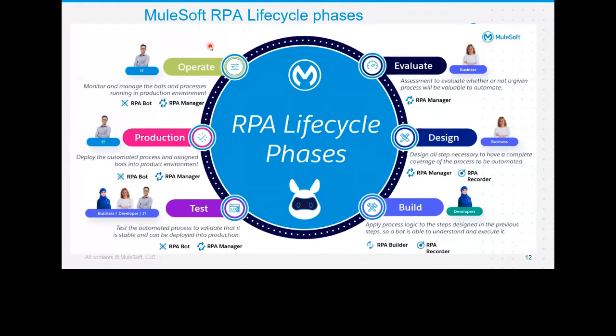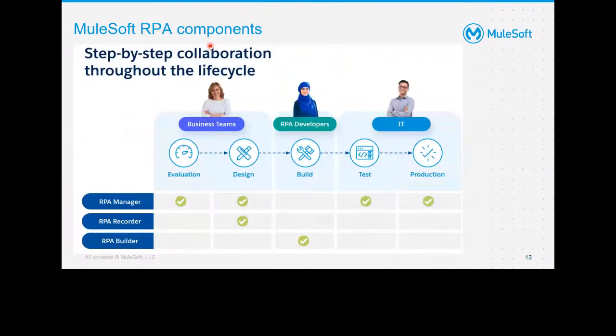They are stakeholders involved in this entire process. Let's look at it this way. Don't look at it like a standard Mule project that you have. You will have a manager who is involved, who foresees the overall delivery for that project. So you have different stakeholders. If you want to understand the stakeholders, if you see this, it gives you a very good picture. You have a business team, you have an RPA developer team, and then you have an IT team. This is the breakup of how this is placed.